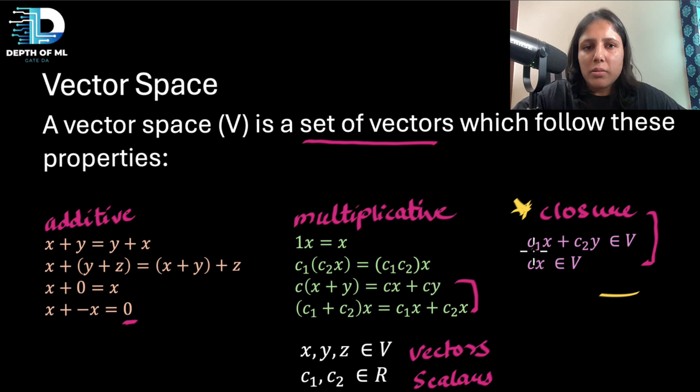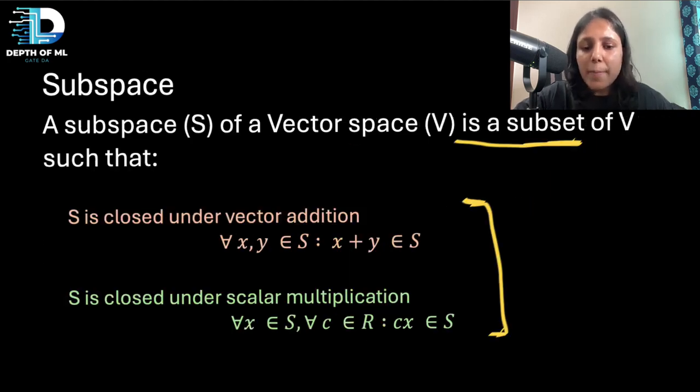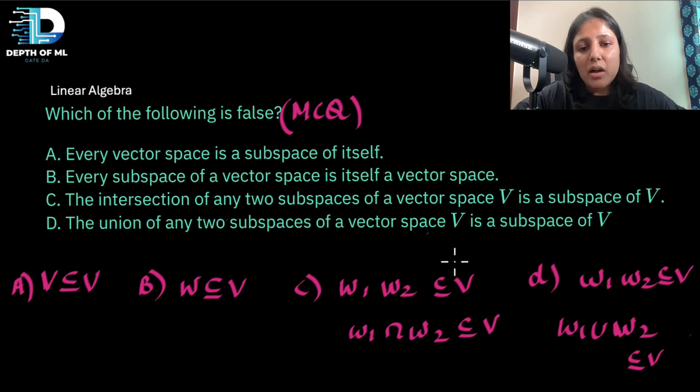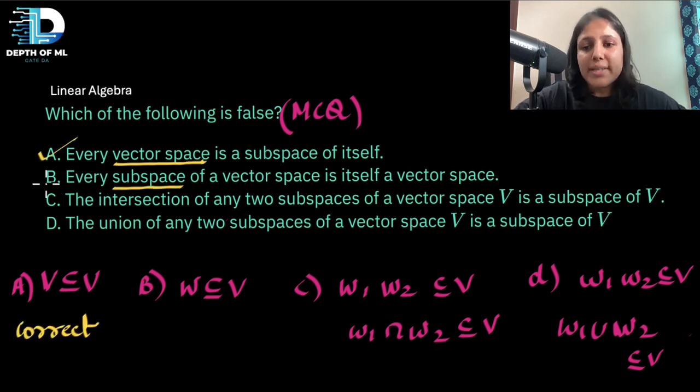So a subspace, as I already told you, already inherits the additive properties, the multiplicative properties, and we ensure that the closure properties also are satisfied. So these three sets of properties are already satisfied in a subspace, right? So hence a subspace is actually a vector space itself. Fine. So a subspace is a vector space itself because it satisfies all the properties of the vector space,